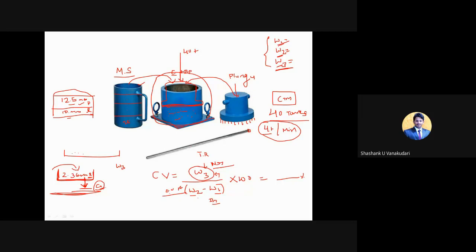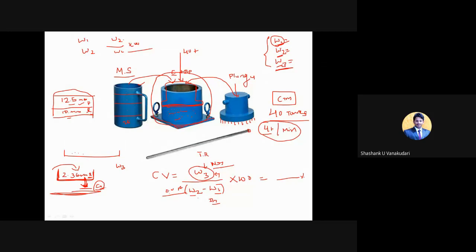Suppose think that the notations may get changed. For example, here you are not going to take this W1, W2, W3 and leave it apart. Whatever the aggregates you are going to fill here, only that weight I am noting down as W1. Clear? Directly I am going to take the total weight of the aggregates which are present in this. And now the aggregates which are passing from this 2.36 mm IS sieve, that passing materials weight I am writing as W2. Now the formula will change. It will come as W2 divided by W1 into 100.